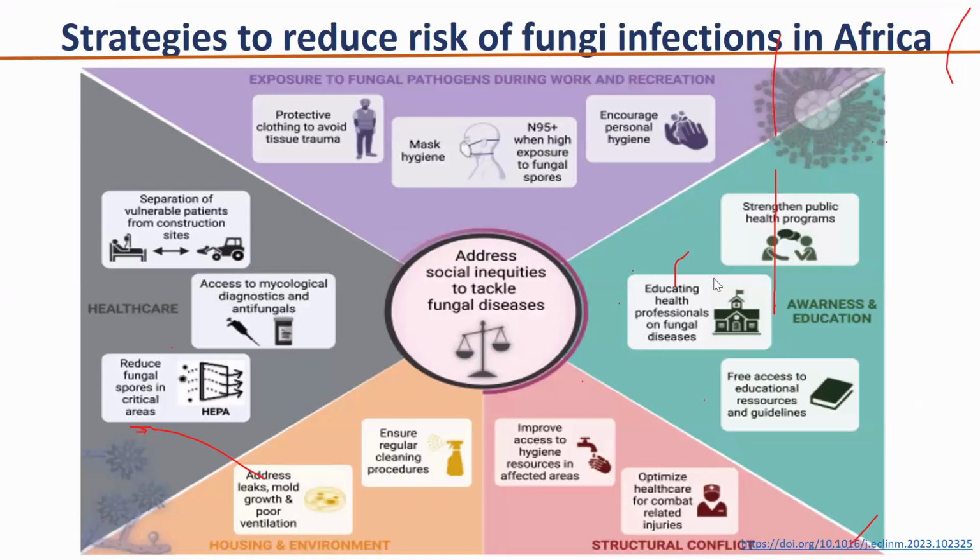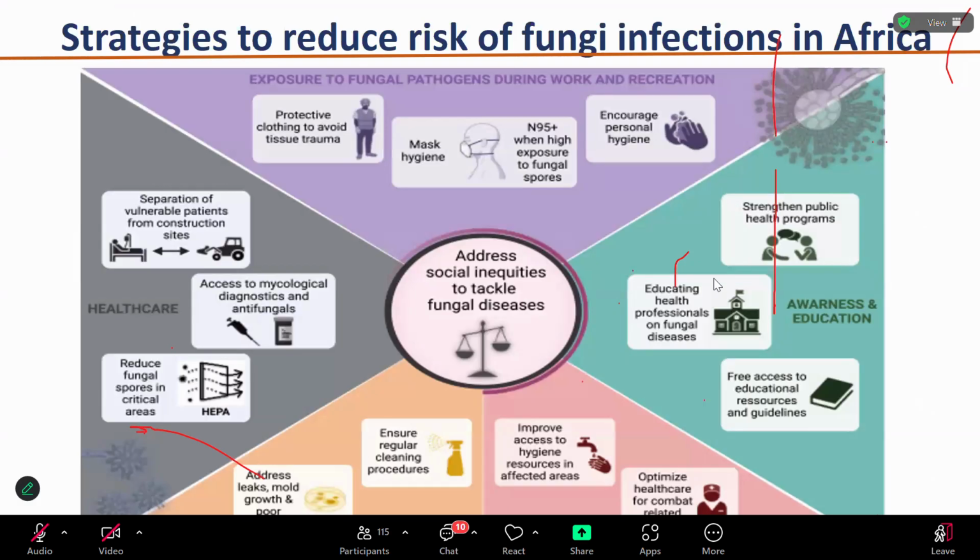But in healthcare facilities, we should also significantly reduce the number of spores, especially in the wards where the immunocompromised individuals are. These include the oncology ward, the cancer wards. We should be really careful on the cancer ward, the way we do disinfection, sterilization, and cleaning of the floors in the major surgical wards and the oncology wards, but also in ICU and in theaters. We should be able to minimize the number of fungal spores that go in.